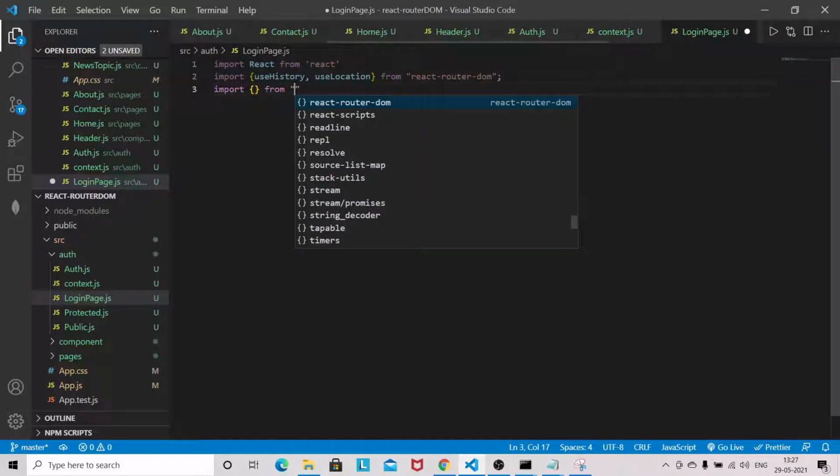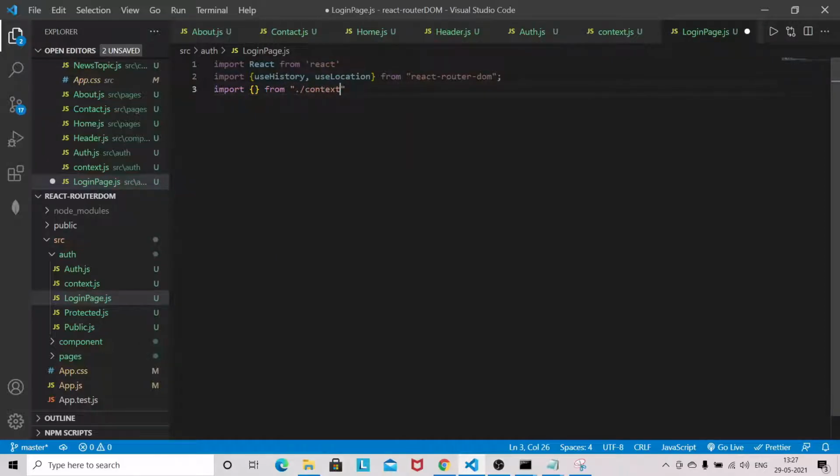We have to use the context here. That's why I have created the context, to provide the authenticated user across different files.